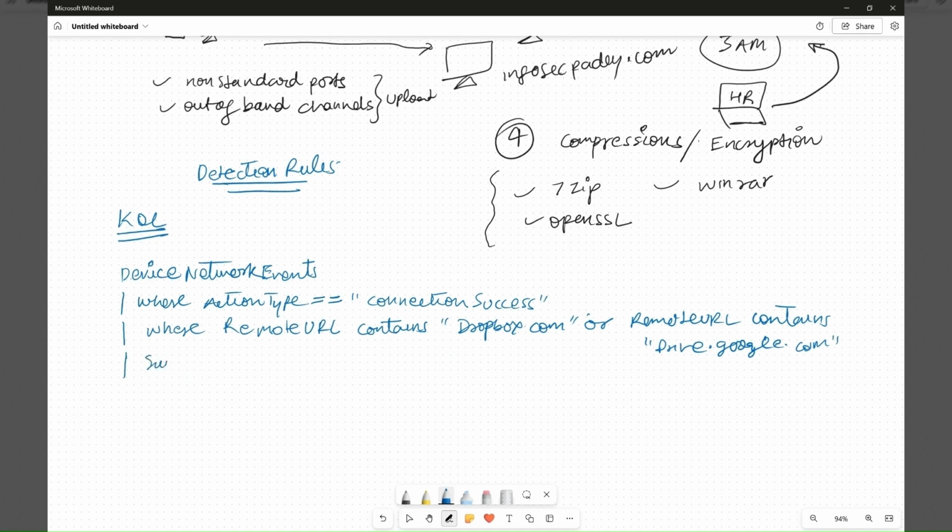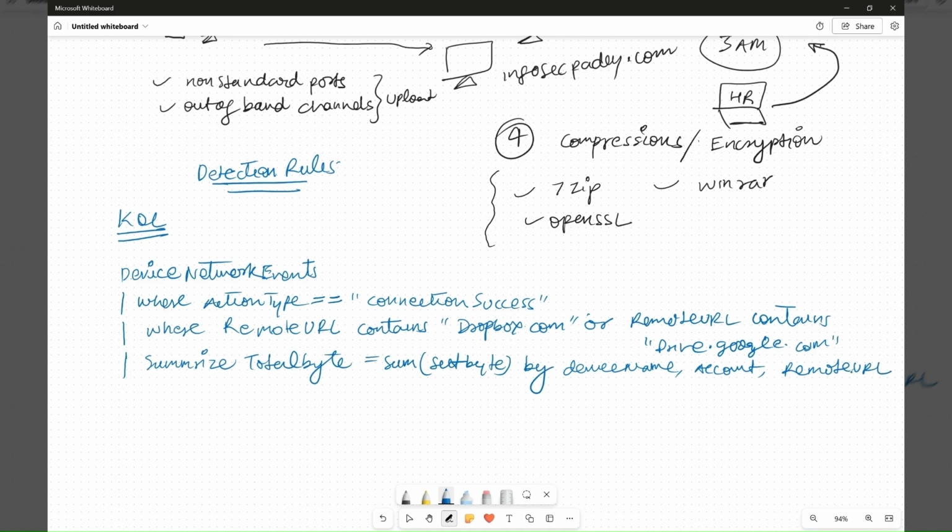And also you can summarize it. Summarize total byte equal to sum of sent byte by device name, account, remote URL, and then also we can put the bin. So bin is like time generated and 1 hour bin. And also another filter we can put to reduce the noise,